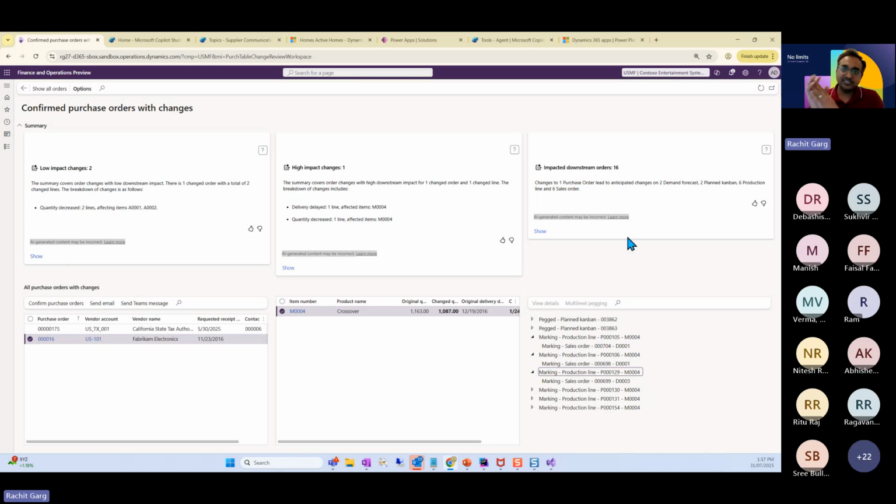Again, same pattern. Everything is calculated via X++ code, wrapped, and sent to Dataverse. Dataverse calls OpenAI. It summarizes and it shows here. Again, this was released pretty early on when AI capabilities were introduced to the product. So I would say it's not new in the product, and most of the people are aware of this capability.